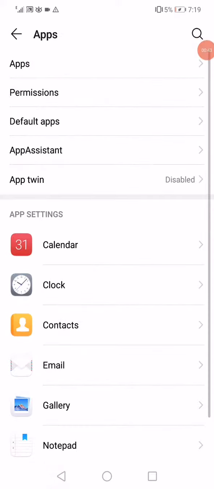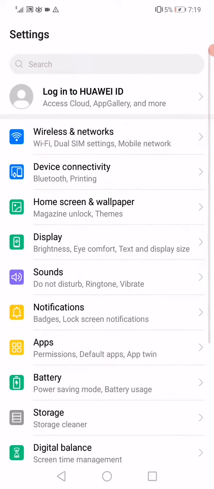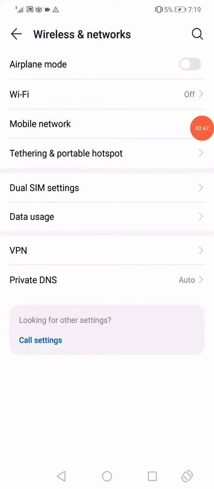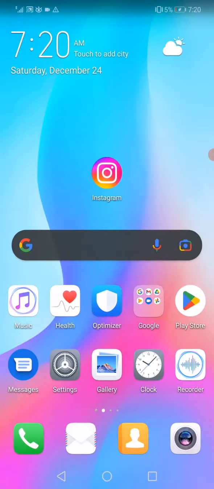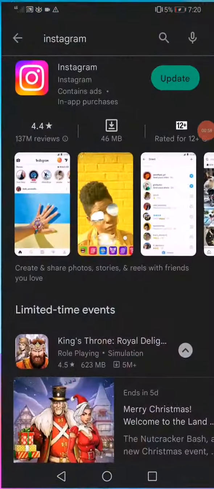The second way is you have to go to the settings on your phone, open the wireless and networks, and then enable the airplane mode and disable it. That's the second way. The third way and the last one is open the Play Store or the App Store